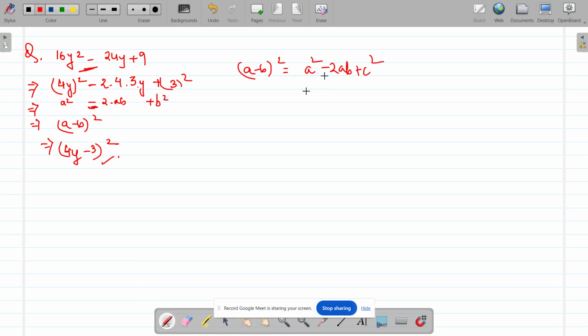So if in the question we have... yes, there are three terms, but here we are applying the formula of only two terms, (a minus b) whole square. Yes, this formula we are applying here. You are thinking about (a plus b plus c) whole square. This is not here. The formula used here is this, (a minus b) whole square.